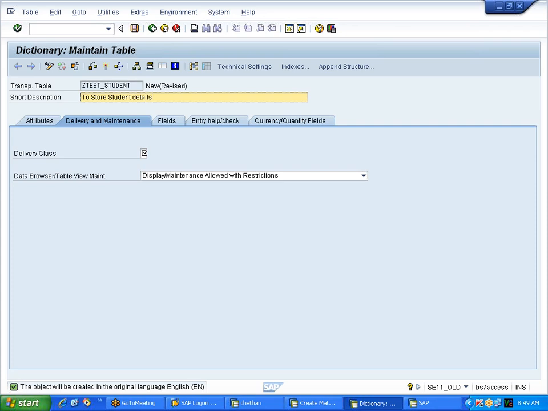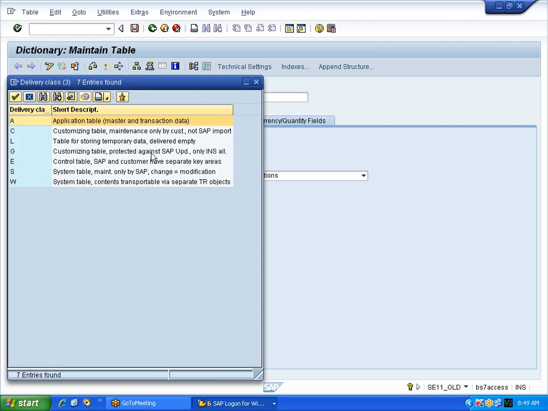Any description you can give. Here there is something called delivery class, if you observe. There are 7 types of delivery classes available. The first one is application table, master data, customizing table, table for storing temporary data and all. We will select the first one, application table, to store master and transactional data. In our next classes, I will tell you what is master data, what is a customizing table, etc. Right now you go for delivery class A,